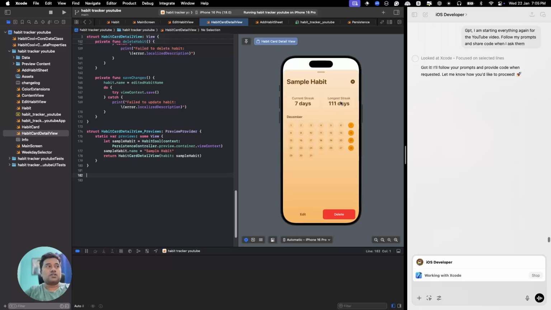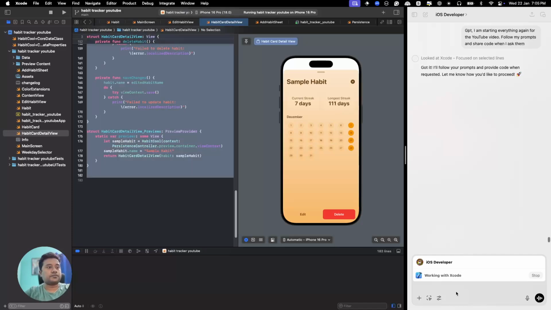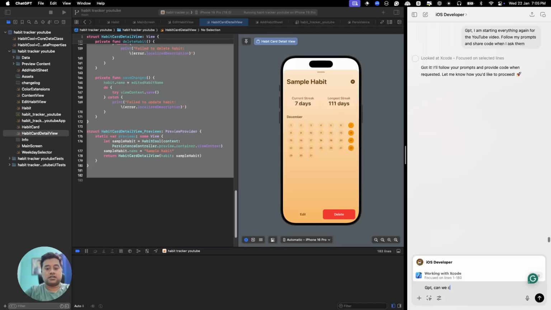What we ideally want is to have these three components in their own separate Swift files. The reasons are readability, usability, and better code maintenance. You don't need to have 182 lines of code. So instead of more talking, I'll just show what I mean. I'll select all this code and ask GPT to break this code into three pages. So, GPT, can we create, and be specific while you're entering a prompt, three Swift files,